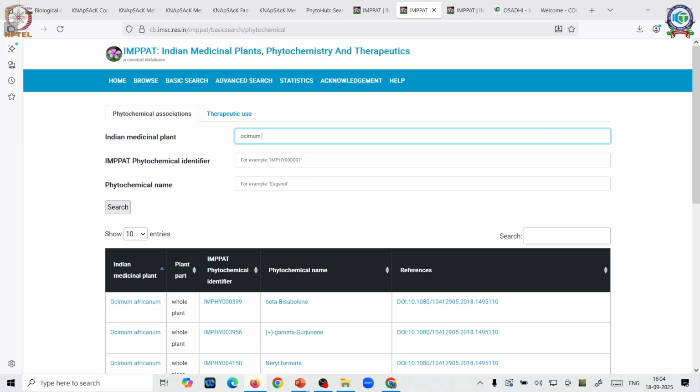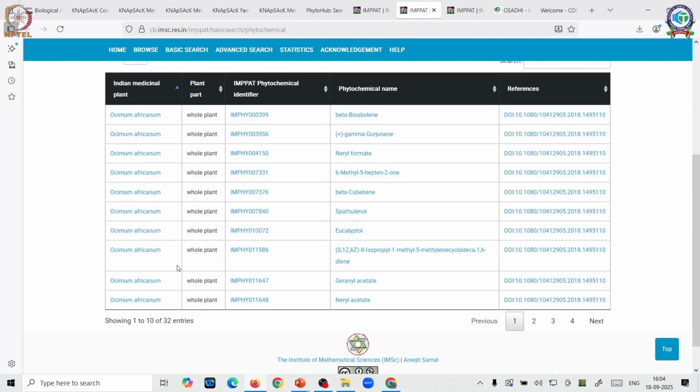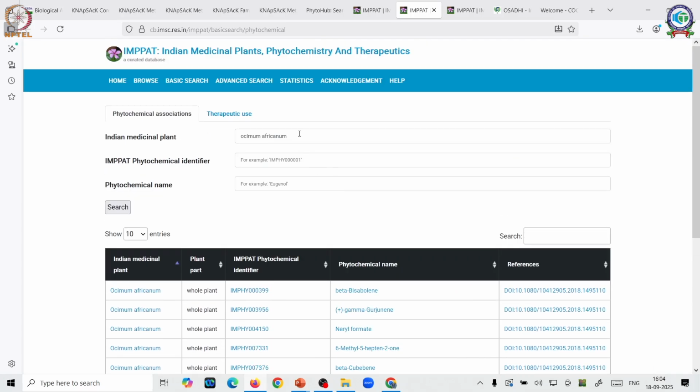I can be more specific. Let's say for example, let me put this one, africanum. So this time it will end up with only those phytoconstituents which are present in Ocimum africanum.